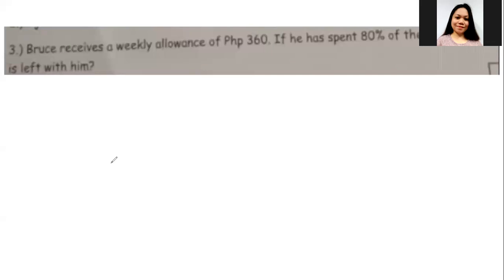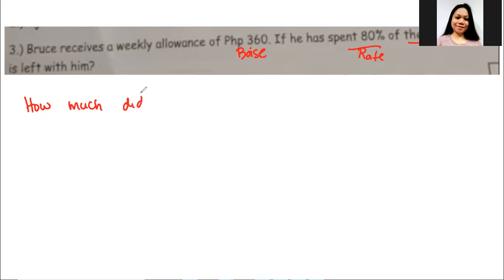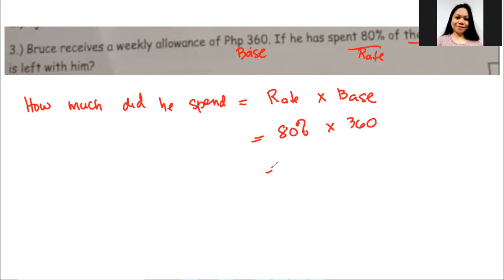Bruce receives a weekly allowance of 360. He already spent 80% of the amount. I guess the question is what's left with him. So if he spent 80%, this is like your rate, right? Because it has a percent of the amount. So this amount represents the 360. So this is your base. Let's find how much he spent first. Once you know how much he spent, then you can subtract that, right? So that's your percent. This is going to be the rate times the base. So your rate is 80% times 360, or 0.8 times 360, which is equal to